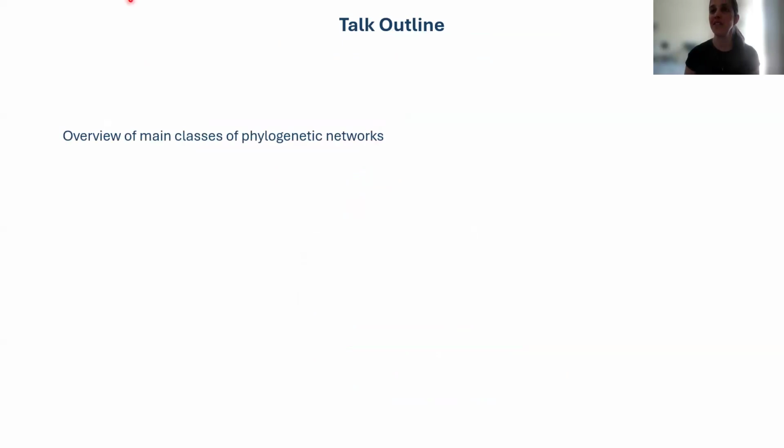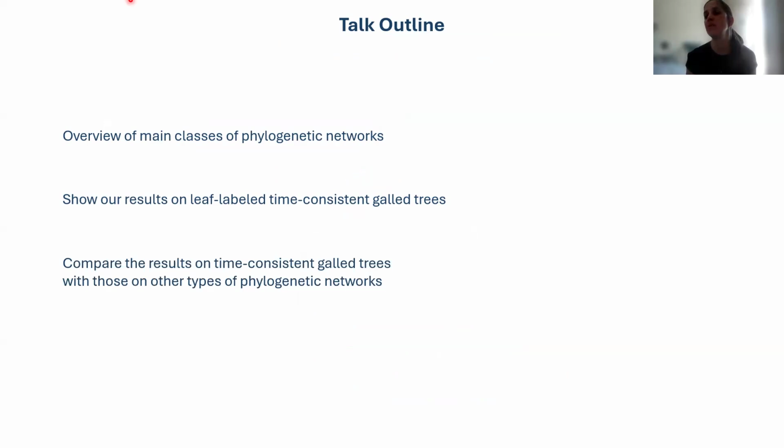So in my talk, I'm going to give an overview of main classes of phylogenetic networks which have been studied in the past few years. I will show our results on one such type of networks, the time-consistent Gal trees. I will compare this to results on other phylogenetic networks, all of these results being asymptotic approximations. And in the end, I will also give exact numbers of small